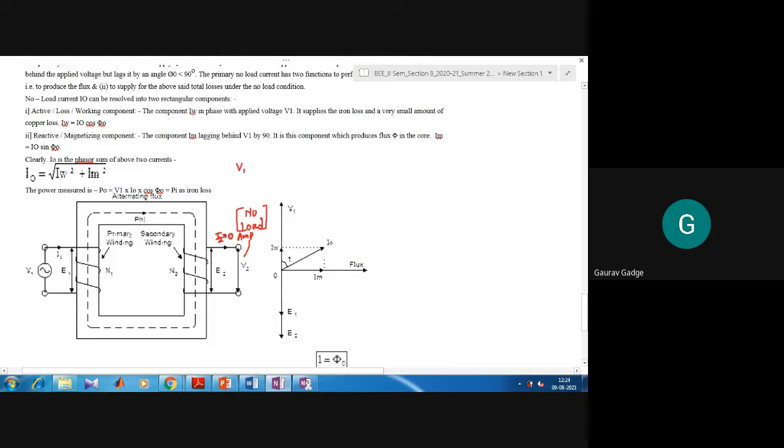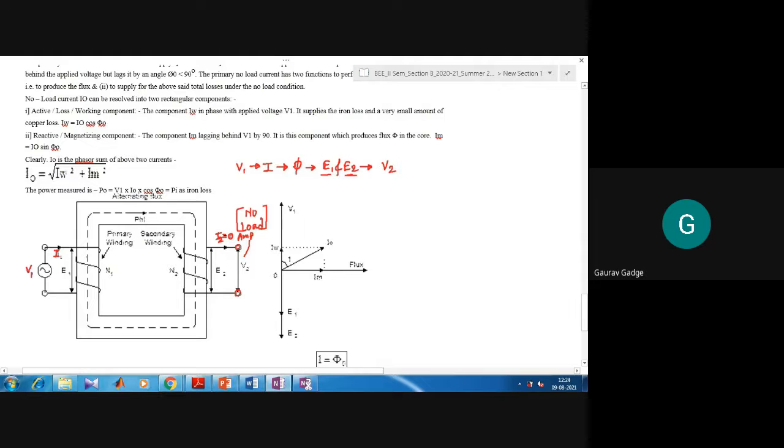First of all, you have to give the supply voltage to the primary winding of the transformer. As soon as you give supply voltage, current starts passing through it. That develops magnetic flux, and this flux links with the primary as well as the secondary side, and therefore it induces EMF E1 on the primary and E2 on the secondary. As there is no load connected, the voltage gets developed on the secondary winding.